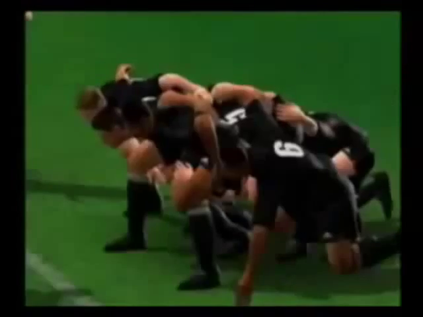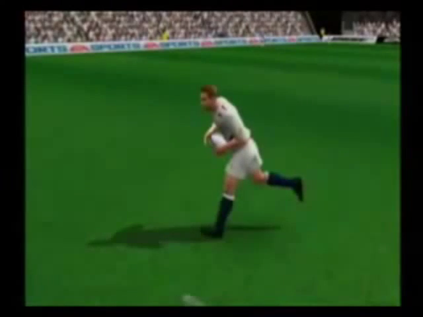These are the basics of rugby. While there is a lot more to learn, this brief introduction should give you the background to excel